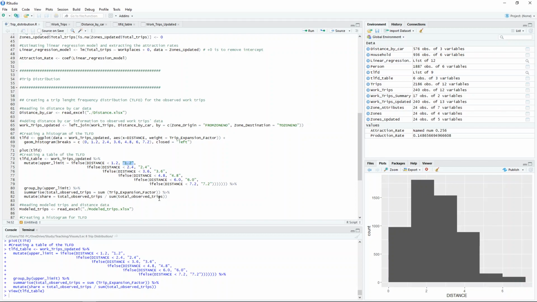The next thing is we create the labels: 1.2, 2.4. And then we basically group by the upper limit. So we group the trips based on these conditions, based on the upper limit conditions. So we have the groups of trips that are between the first interval, second interval, till the sixth interval, and then we take the summary. We'll take the sum